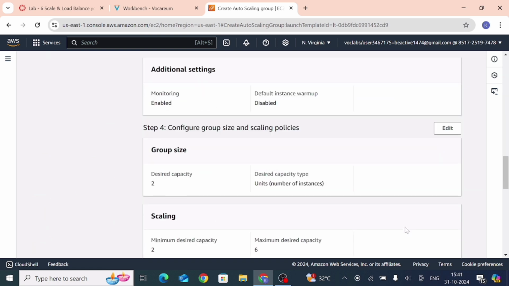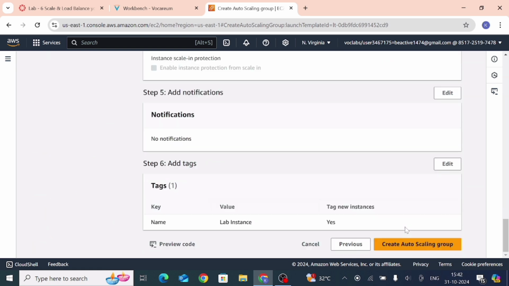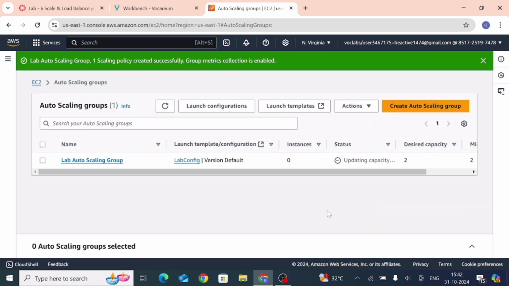Now scroll down and choose create auto scaling group. So here we create the scaling group.